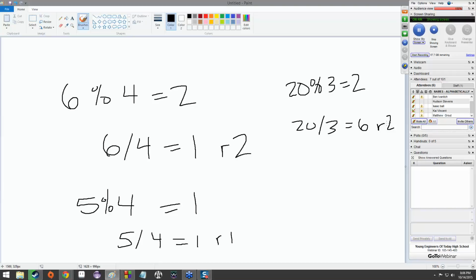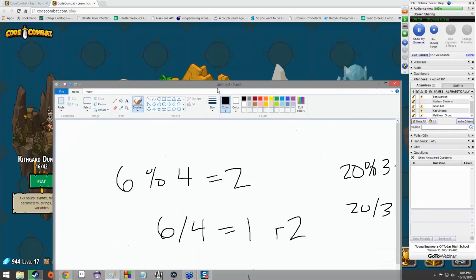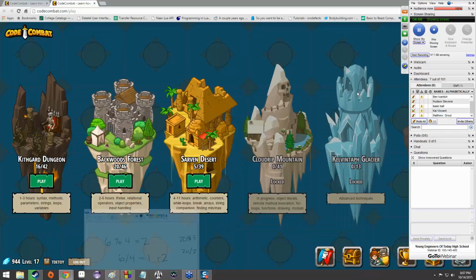You get the idea. It gives you the remainder of a division operation, which is handy for a lot of different situations. Dice rolling, trying to find a margin, calculating error, things like that. You can turn a random number generator into something useful by constraining it within a certain range, because a lot of times random number generators will give you a number from negative 65,000 to positive 65,000 or whatever.